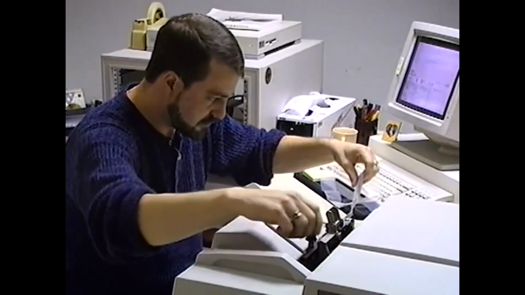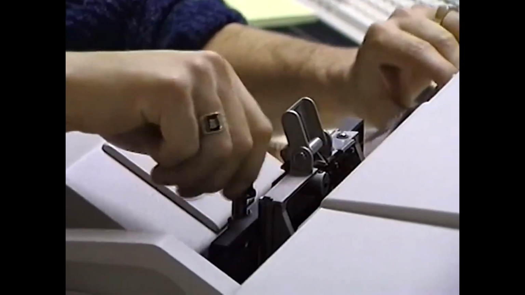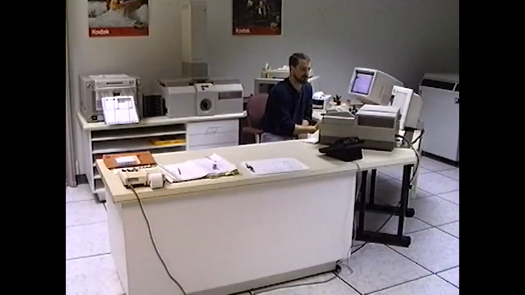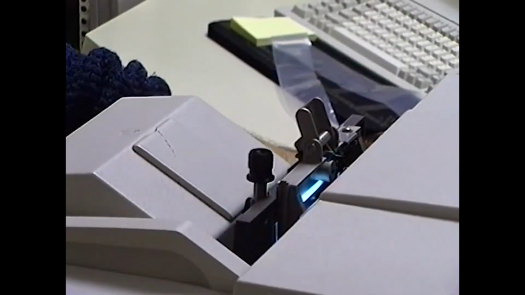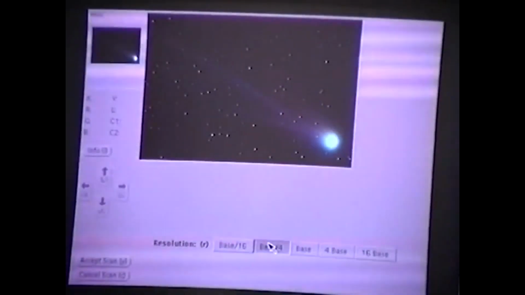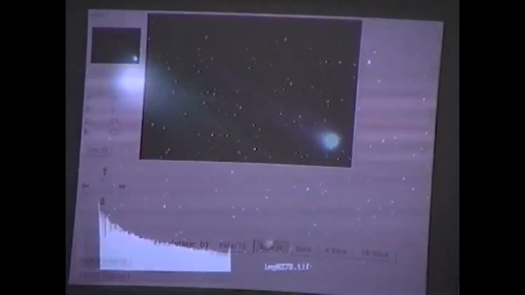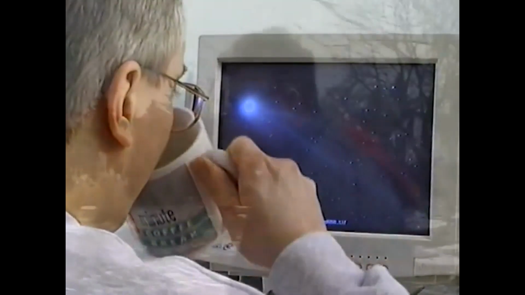900 negatives of the comet, and each had to be digitally scanned. The technique is a new one, combining the 150-year-old process of photography with the latest digital technology. Each negative was placed on an electronic scanner, which turned the image into digital data. Before they could be spliced into a movie, each image had to be enhanced, corrected, cleaned up.